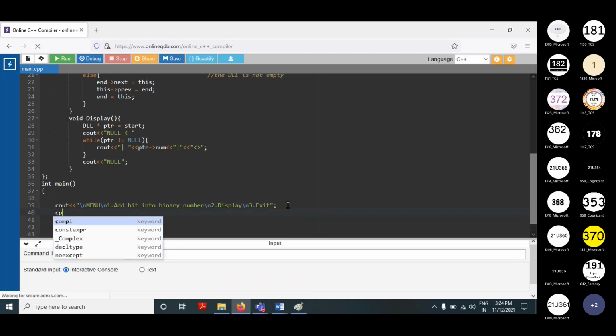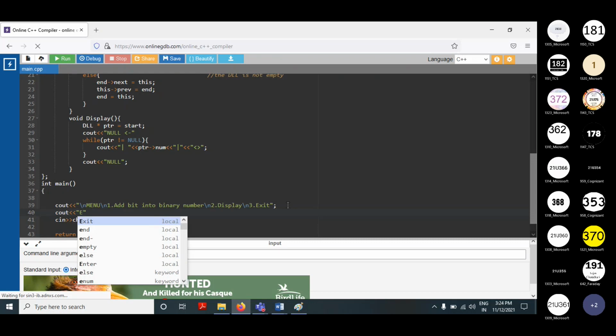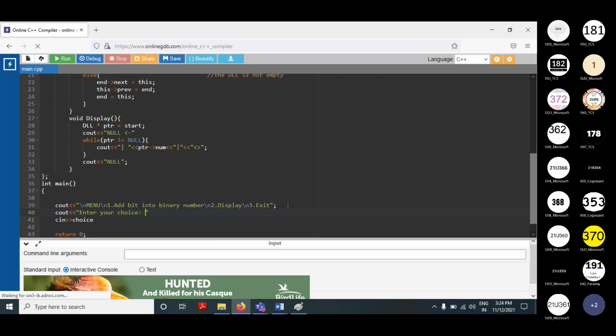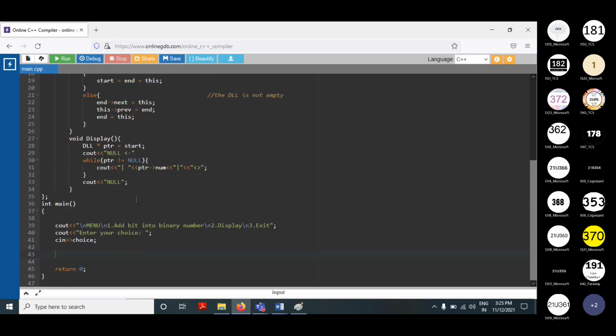Before that we will cout enter your choice, whatever is a choice, and we will take that choice, and then we'll have a switch case. Switch, choice, and